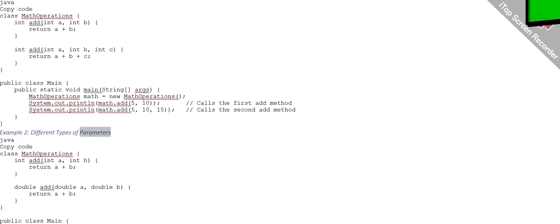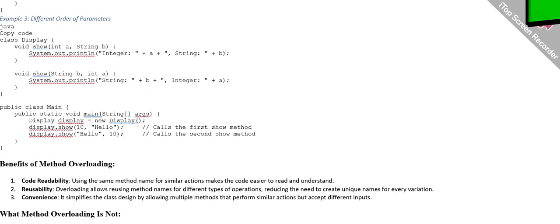Example 2. Different types of parameters. Java. class MathOperations { int add(int a, int b) { return a + b; } double add(double a, double b) { return a + b; } } public class Main { public static void main(String[] args) { MathOperations math = new MathOperations(); System.out.println(math.add(5, 10)); // calls the int add method System.out.println(math.add(5.5, 10.5)); // calls the double add method